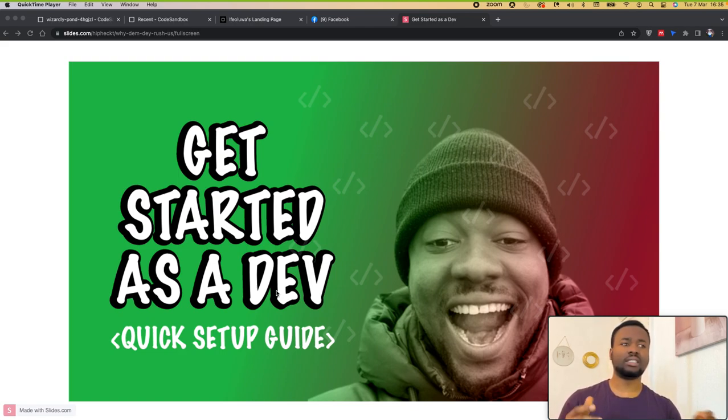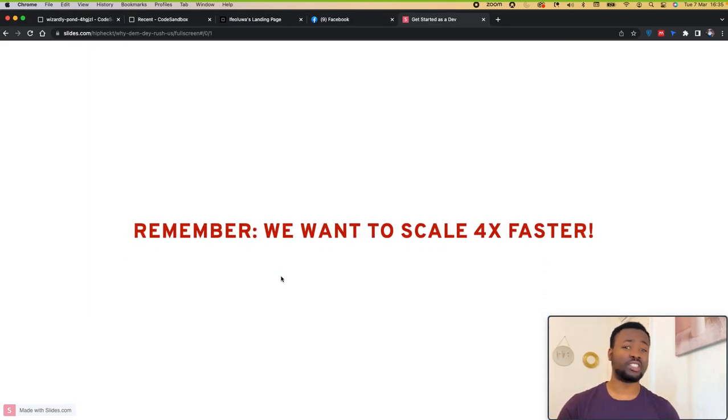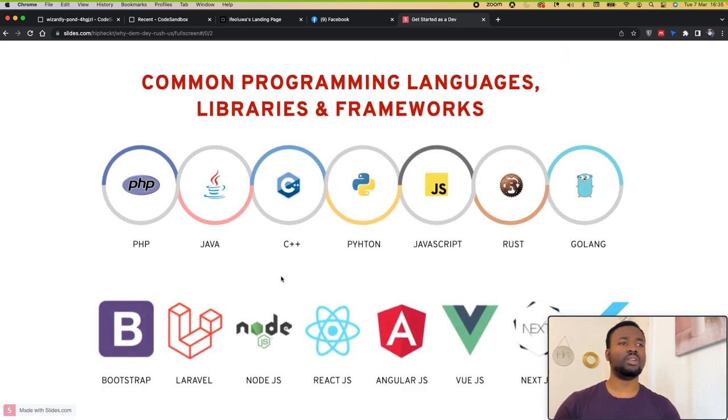A quick setup guide, nothing too bulky, just something to make sure that you are getting on track and scaling four times faster. Remember that we're trying to ensure that you get to learn very fast and efficiently, knowing the best practices, right? So let's look at common programming languages and